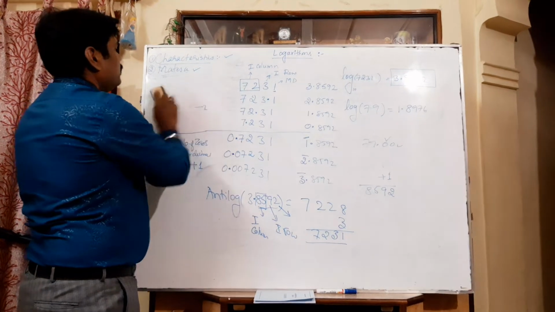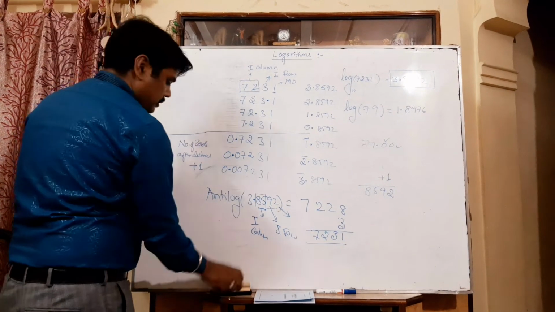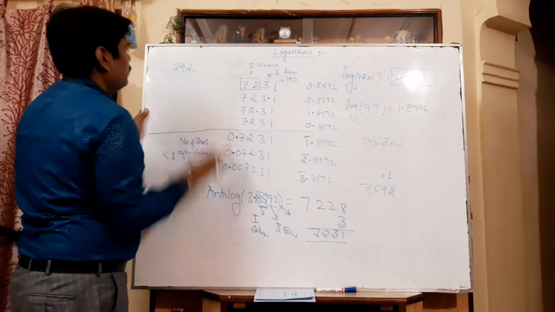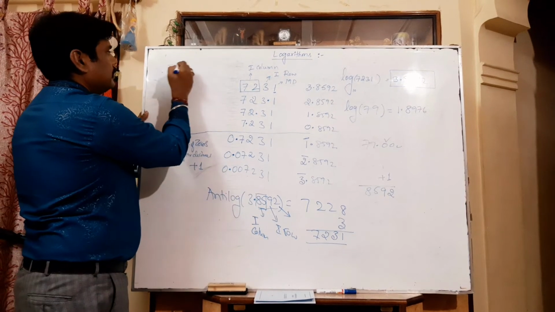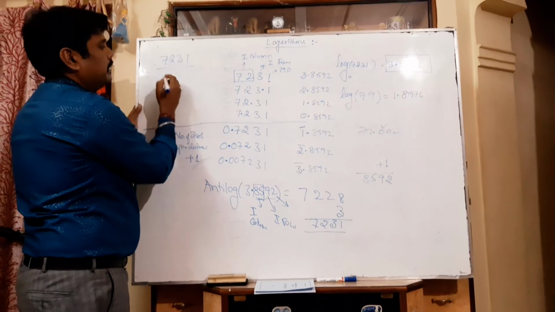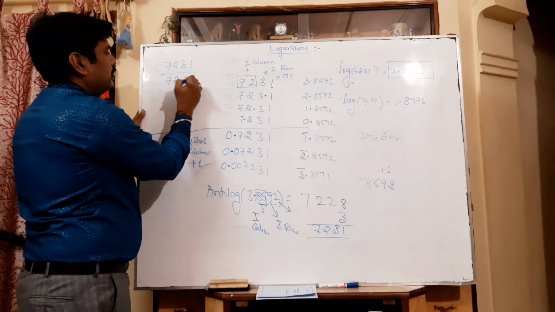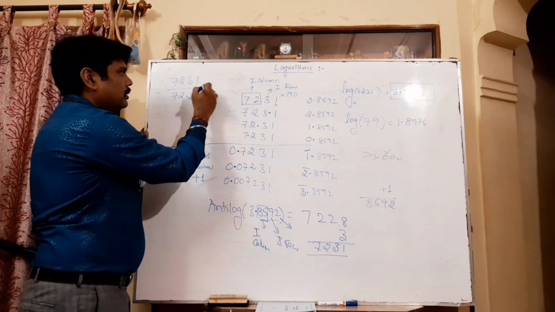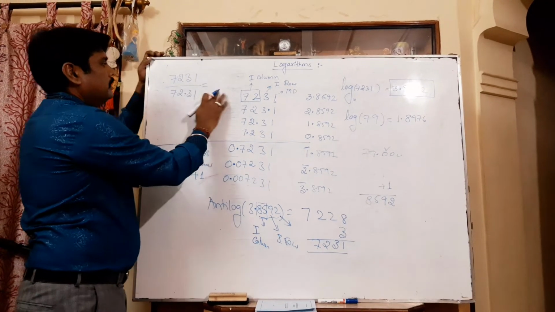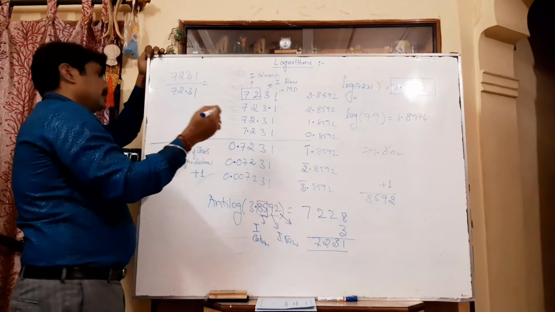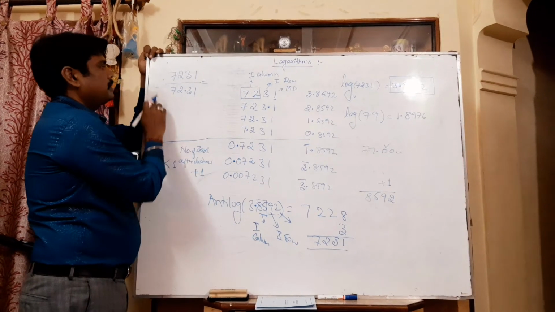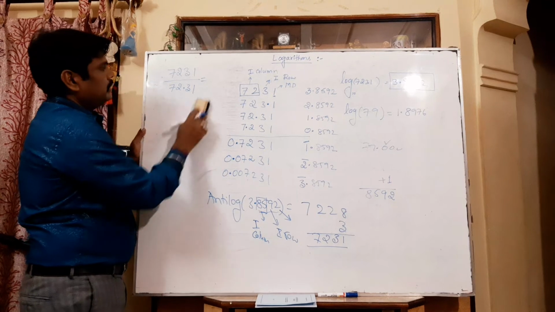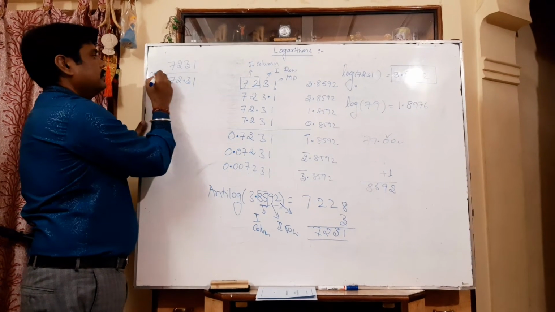See here. Suppose there is a problem like this: 7231 divided by 72.31. If I do the calculation using a calculator, we get a certain value. Later on I will use that. Before that I will take the logarithmic function. Suppose I want to solve this problem. There is a division here. If the value is x, what is the value of x?